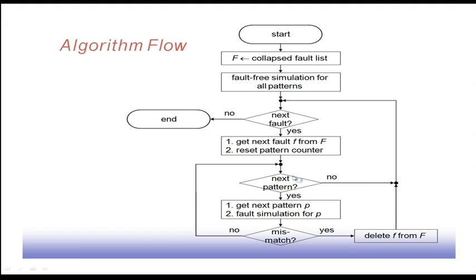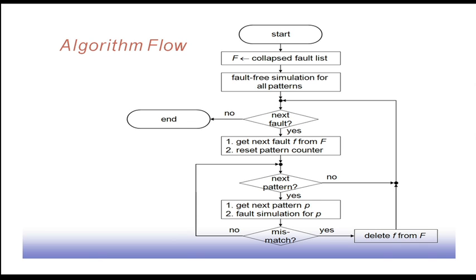So, we get the next pattern P and do fault simulation for P. After doing the fault simulation, we check whether there is a mismatch, in the sense that the fault-free response and the faulty response under the presence of this particular fault are different for pattern P. If there is no mismatch, that means this pattern could not detect that fault. So, we try with the next pattern. However, if it can detect that fault, we delete F from the set of collapsed fault list, because for this